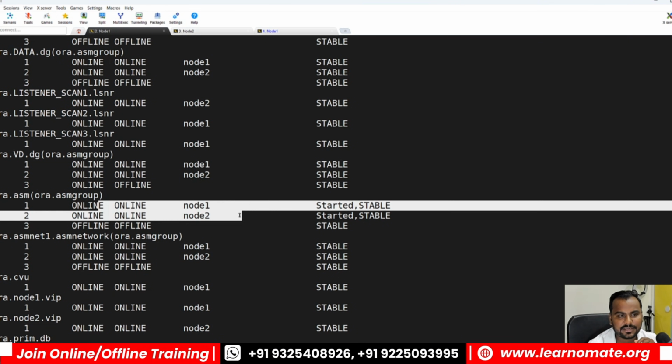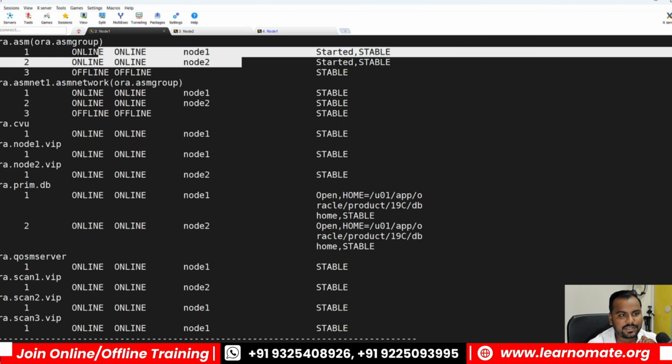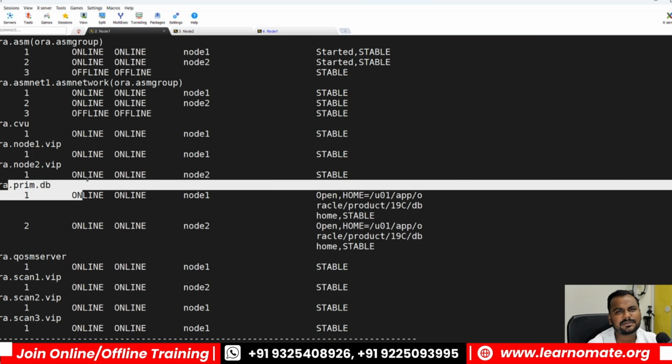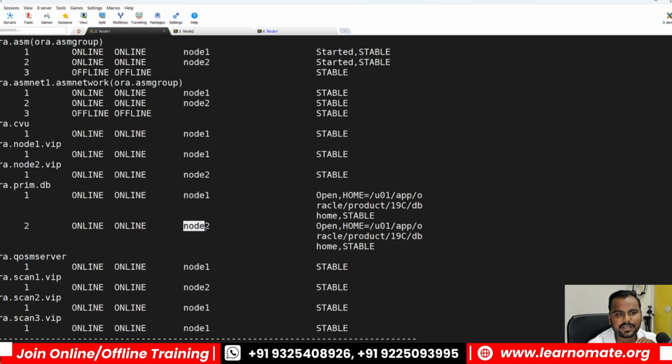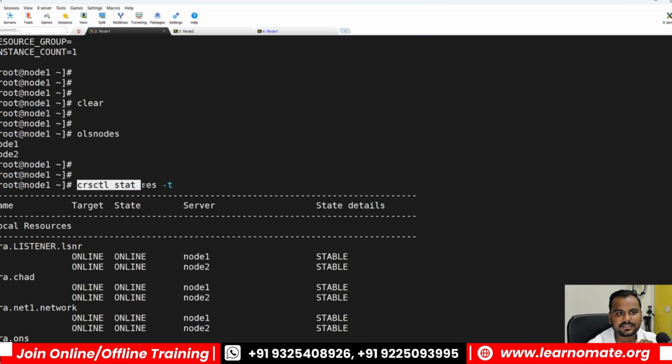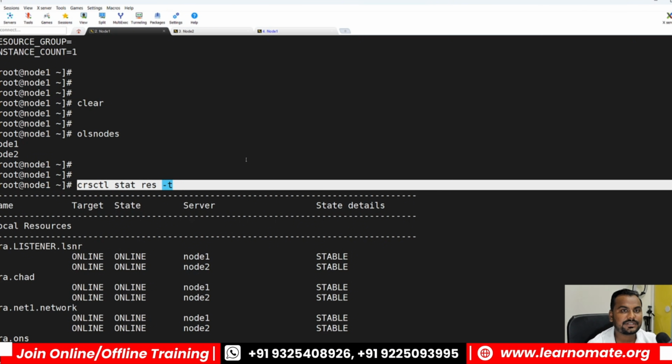Yes, I can see it's online on node 1 and node 2. Also check whether your database is running, because if your database is running, most of the things are already running. I can see on node 1 and node 2, the status is online. So this is the way you can check with crsctl stat res -t. By using this command, you can get to know about all the services which are running or not running